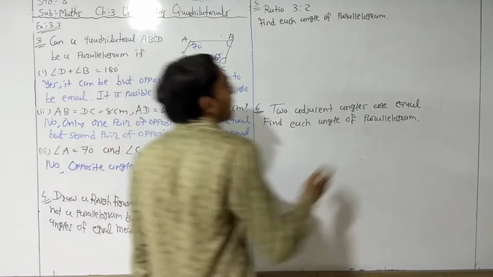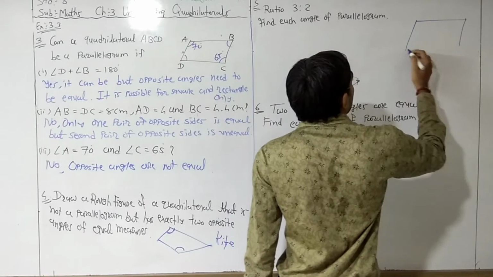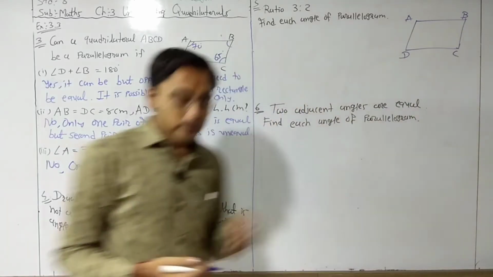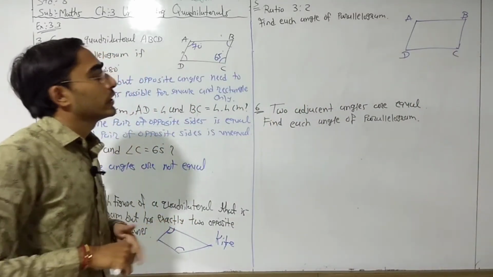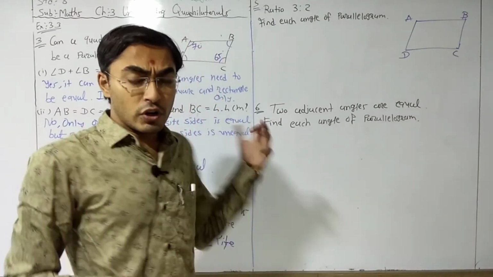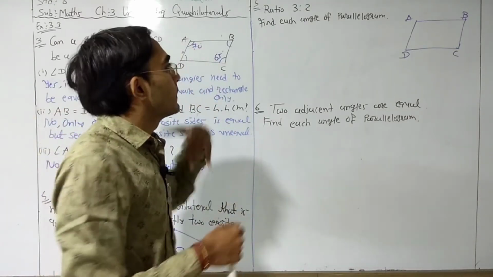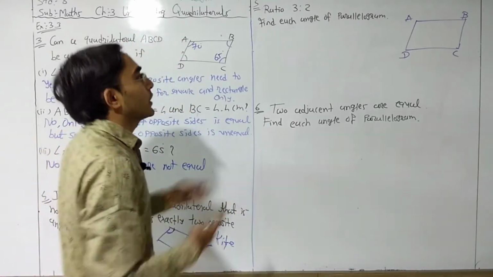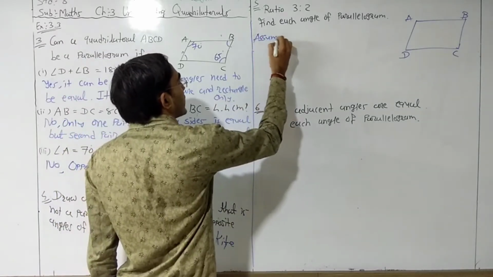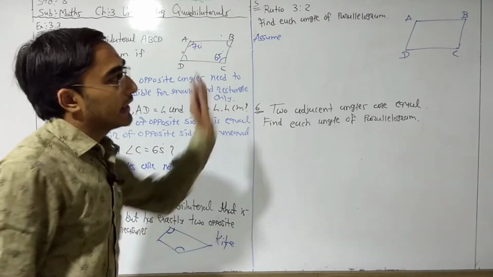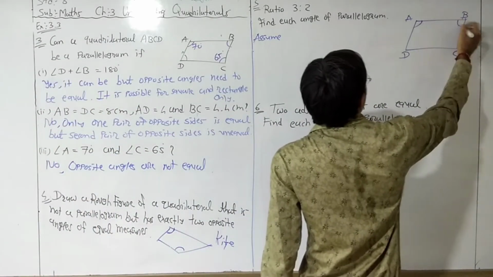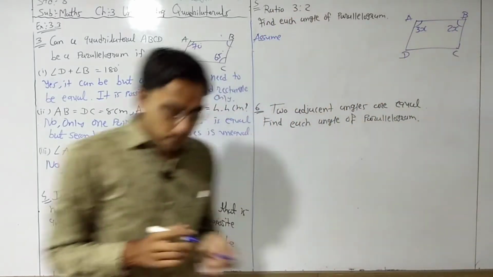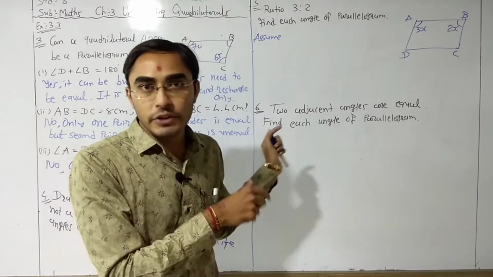Okay, so first of all, make one figure. Give the name ABCD. Now here one ratio is given to us. We already learned this thing in chapter number 2, right? If the ratio is given, then we need to apply x, that means 3x and 2x. So assume two adjacent angles. For this figure, we are taking angle A and B. Angle A and B, first is 3x and second one is 2x. We need to assume the measurement of angles according to the question.